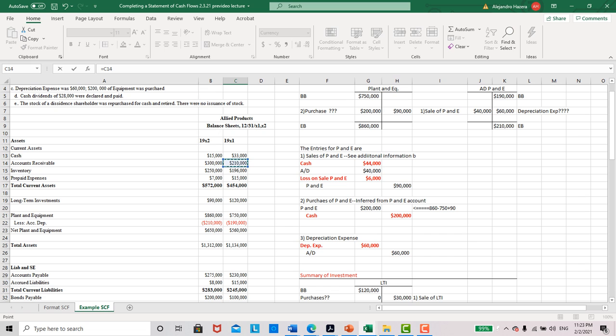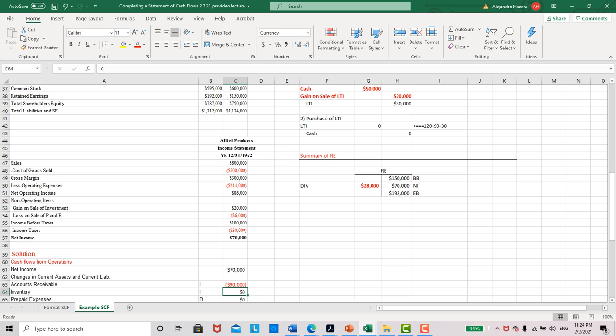Accounts receivable went up. So just take the early, or the first year, and subtract out the most recent year, and that will give you, it went up by 90, so you subtract out 90, and you do that for accounts receivable,